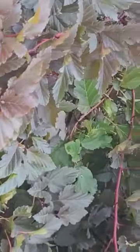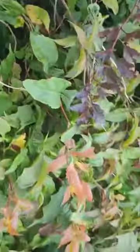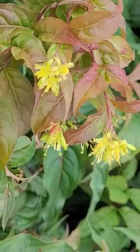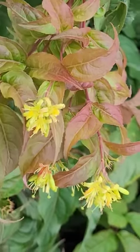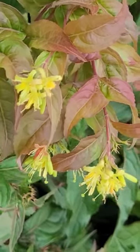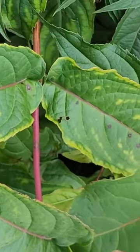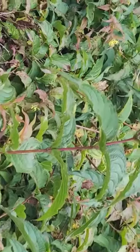And here I am showing you the very fascinating burgundy color foliage of another rosaceous bush, which is called ninebark, and botanically it is Physocarpus opulifolius. But here I will show you the yellow flowering plant which is called the honeysuckle, but it is not Lonicera. This is Diervilla. Diervilla is the genus, and the species is lonicera. Diervilla lonicera has these yellow flowers at the extreme ends of the branchlets. The leaves are opposite, and the stem is purplish pink, and even the autumn foliage will be quite attractive in this particular